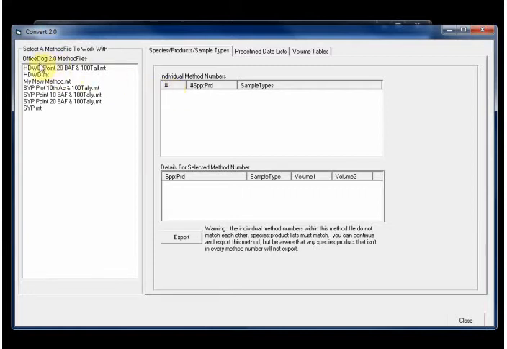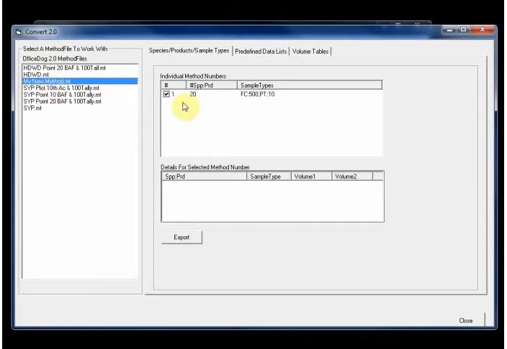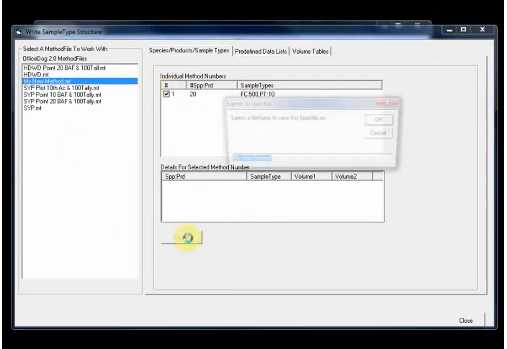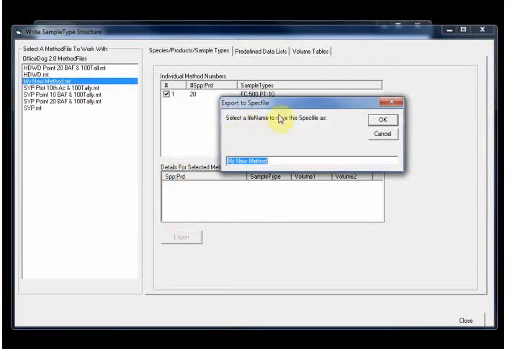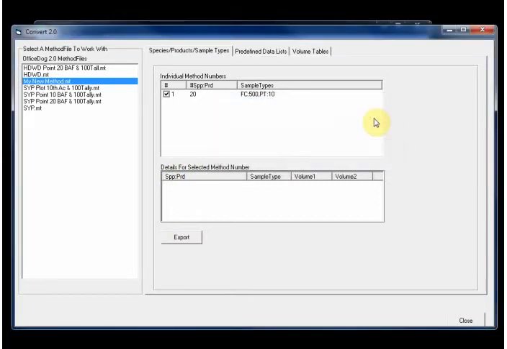You notice in the left-hand pane there's a list of existing methods, and we'll select My New Method. It gives a short preview of what's in that method. And then we'll press the export button here. It'll ask if you'd like to specify a different name. In this case we will not. We'll say OK. It performs the export,